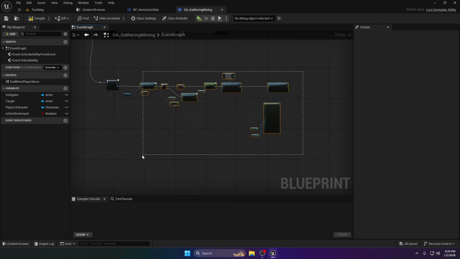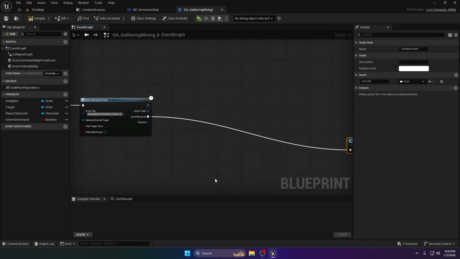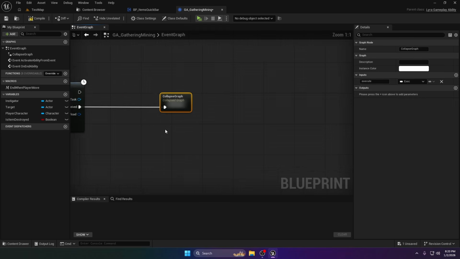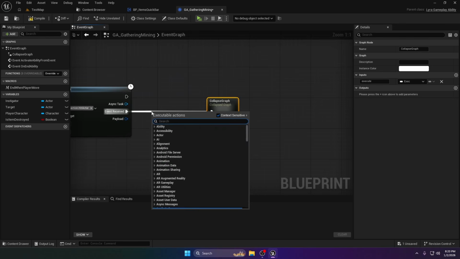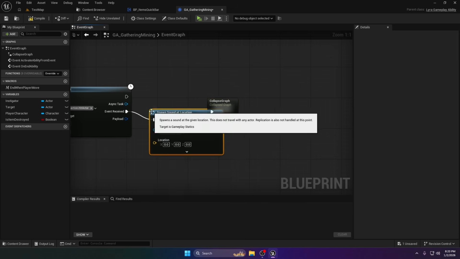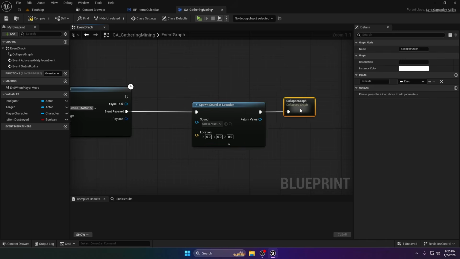So let's collapse these nodes and leave it as it is. And what we need is spawn sound at location,